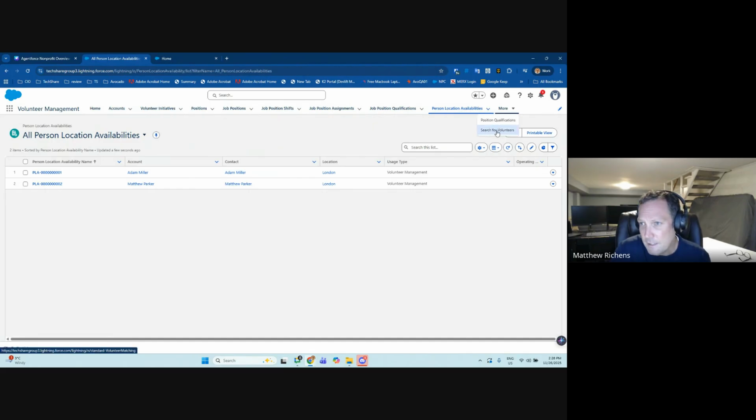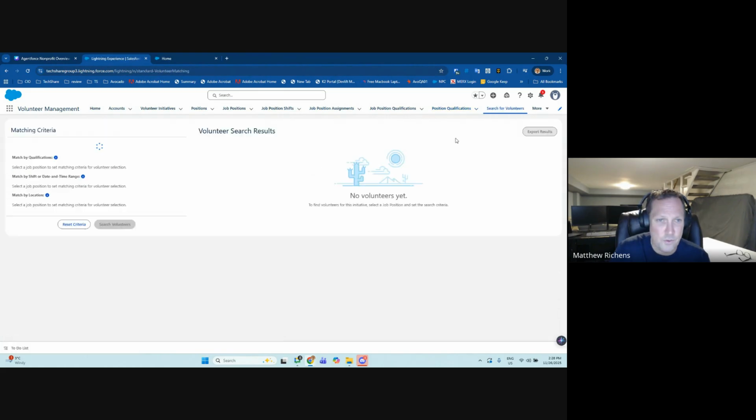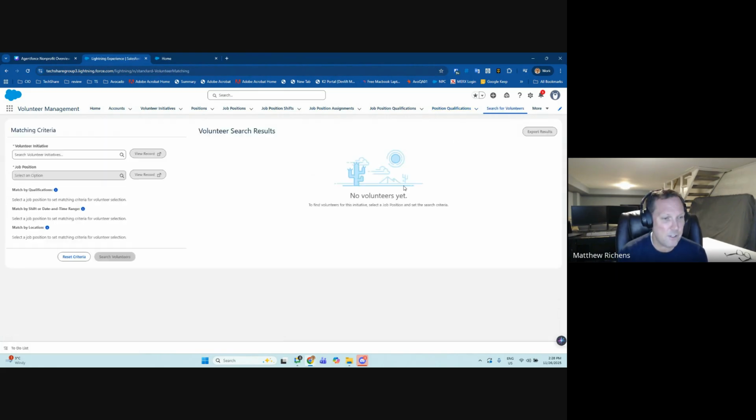The last thing, you can have position qualifications like we mentioned, but you can also search for volunteers. And this is where it all happens. Not only can I assign an individual, do a job position assignment manually, either on the individual or through this list, I can also just search for an individual